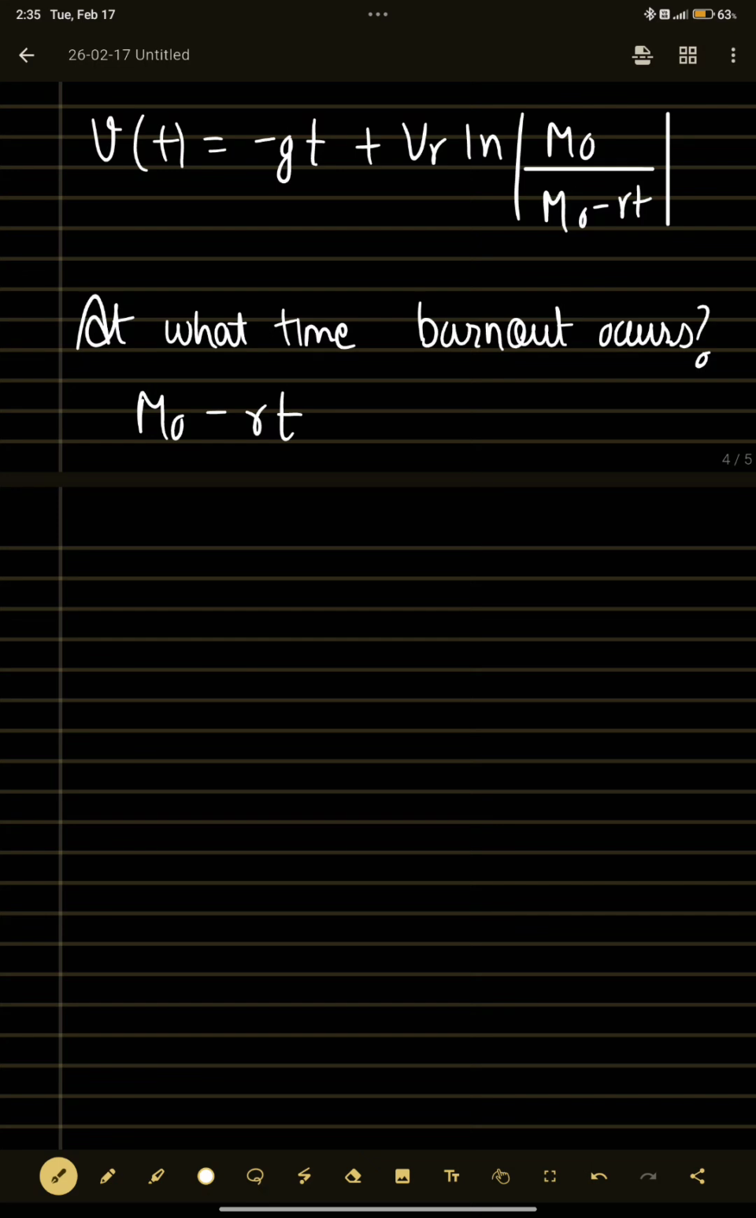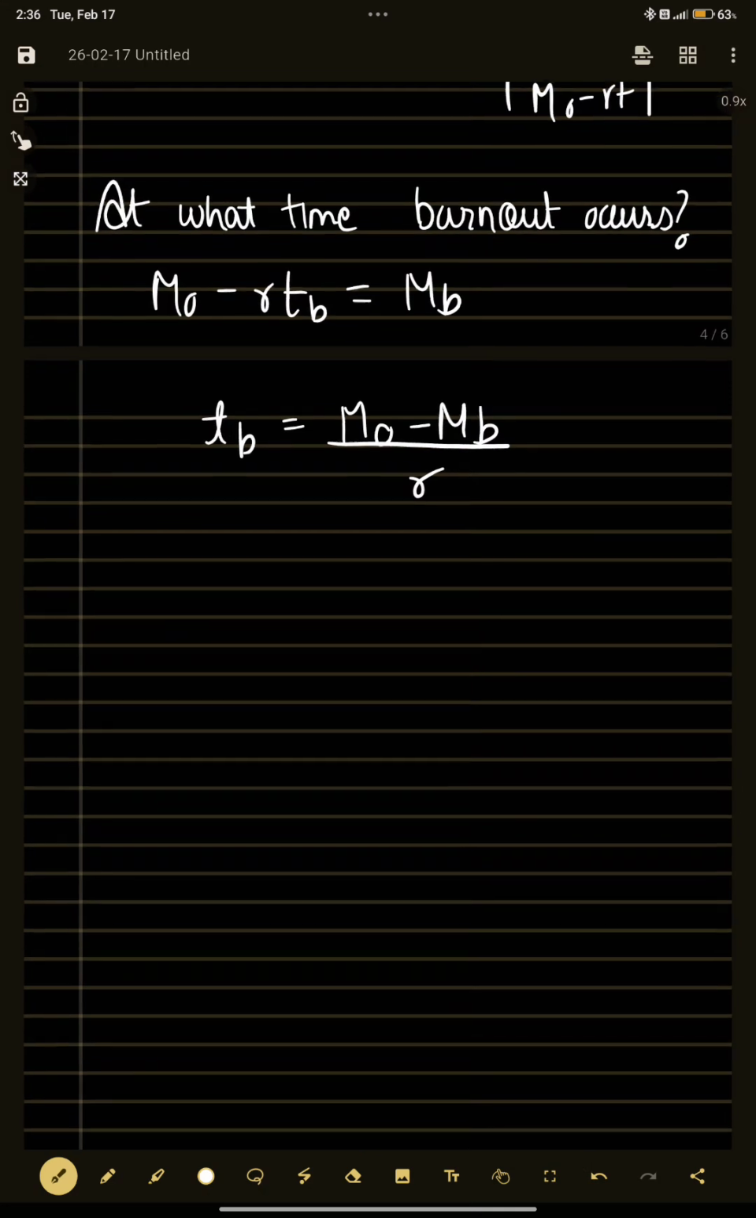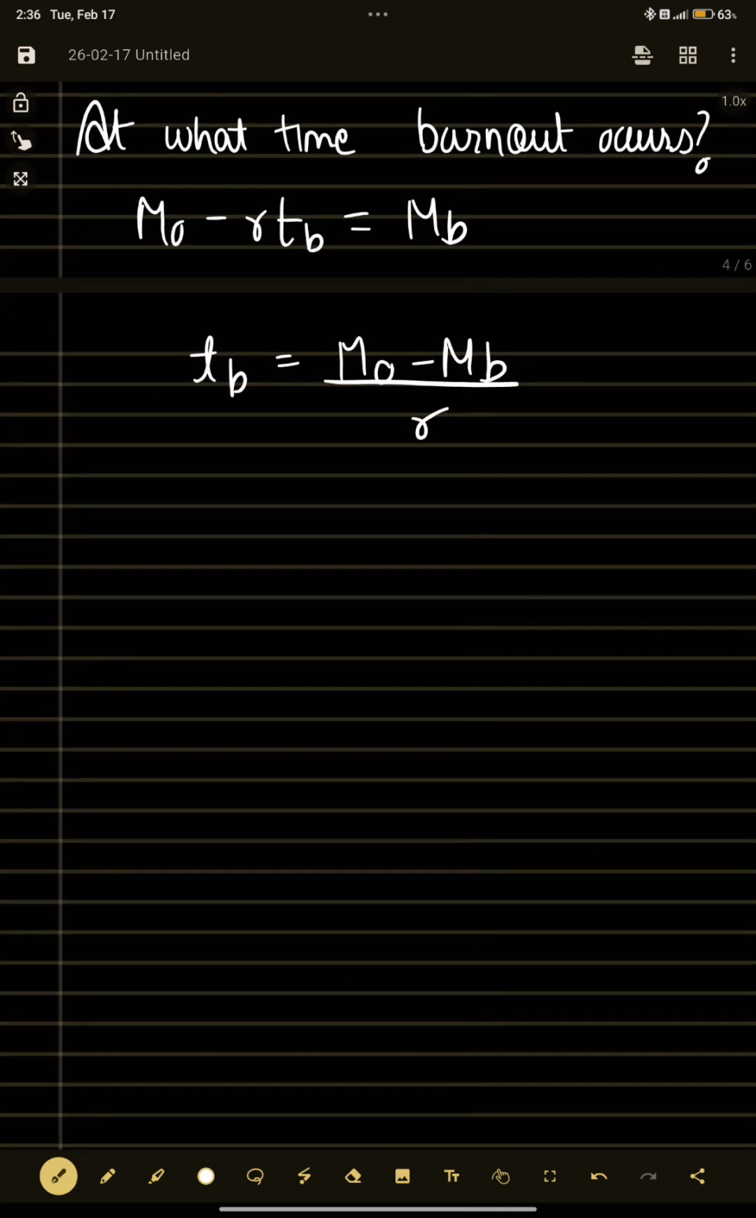M naught minus RT should be equal to the mass at burnout. So mass at burnout is given. I mentioned it, right? ये कैसा MB है? छोटा MB. So when you replace this at TV, what do you get? Minus G